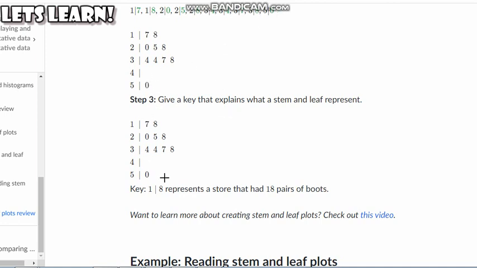Then now after making a stem and leaf plot, the main thing without which the stem and leaf plot will make no sense is the key. As I discussed earlier, we can also represent decimal numbers in the form of a stem and leaf diagram. It's very important to represent what basically our stem and leaf diagram is telling us about. So here this 1 and 8 tells us that 1 | 8 is basically 18. So I hope it's clear to everybody.